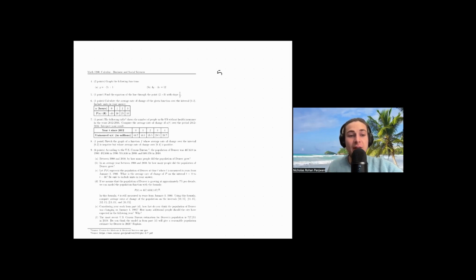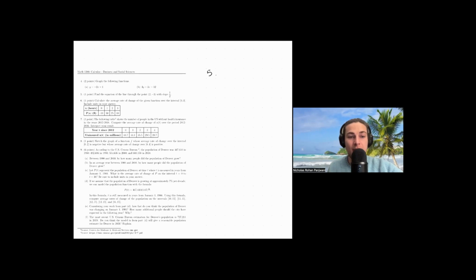Number 5, find the equation of the line through the point (2, -3) with slope 1/2. So same deal. We're writing the equation of, well, I guess in this case, we're just creating the equation. But the presentation of this information is going to bring me to a different way of expressing the line, which is a point slope